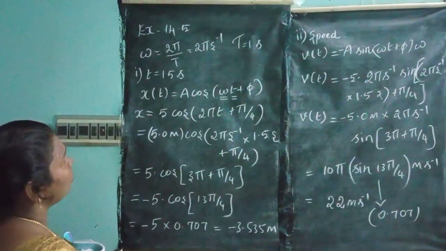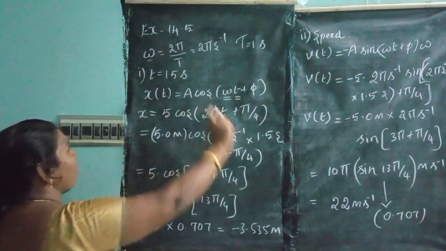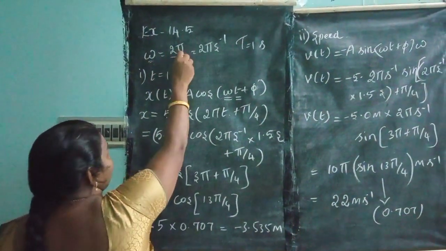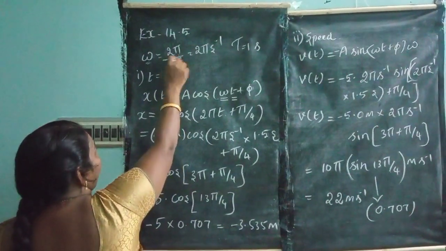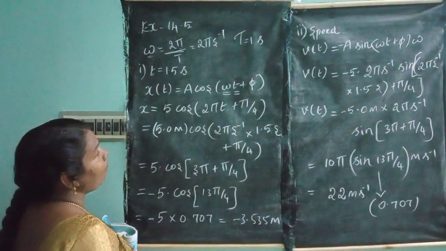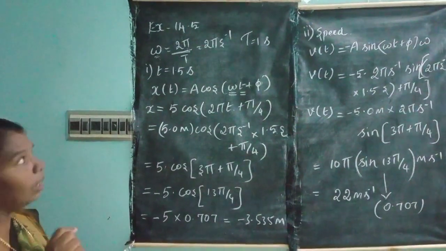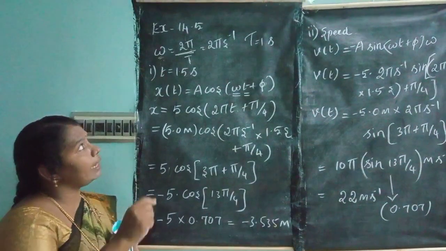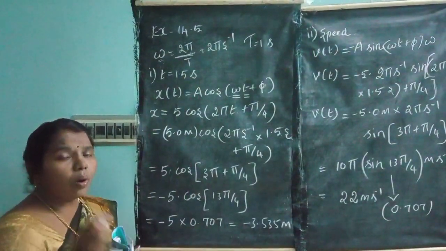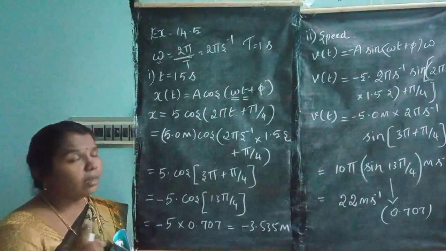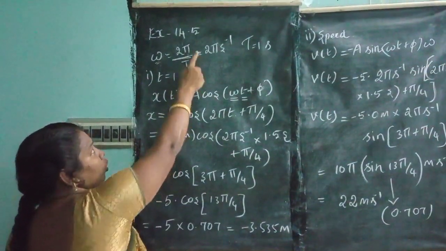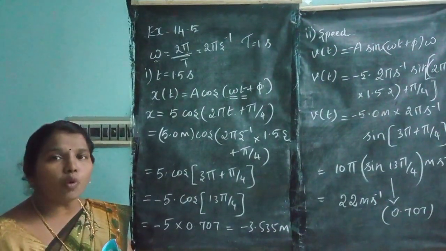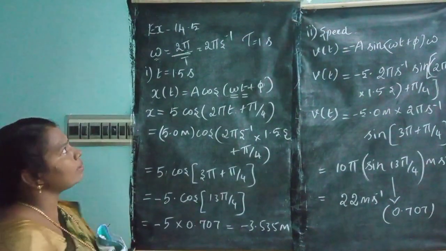What are the given values? You know the velocity formula. Here it means angular velocity. Angular velocity is equal to displacement divided by time taken. In rotation, the displacement for one complete rotation is 360 degrees, that is 2 pi, divided by T. What is the unit for time? Second. So you get 2 pi second inverse. This is the value of omega.